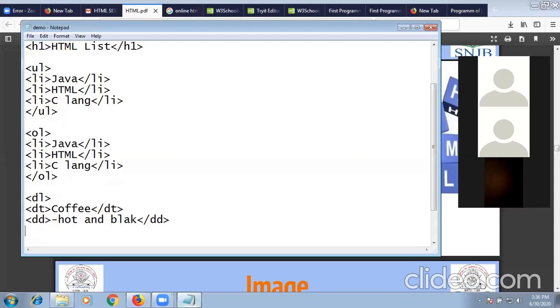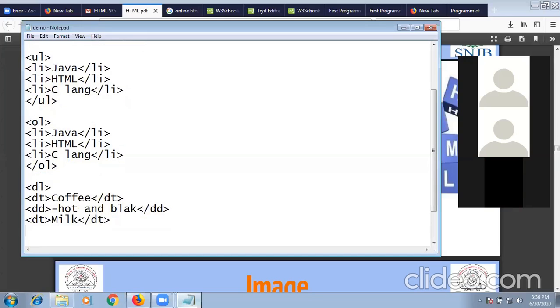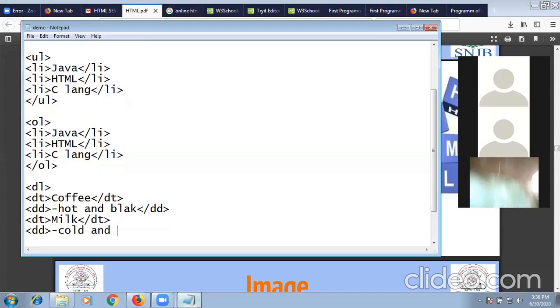Then for the second main text I will use the DT tag. The main text is milk. Then I will close the DT tag. Then I want a description of it, so I will use the DD tag. Milk will be cold and it will be white.